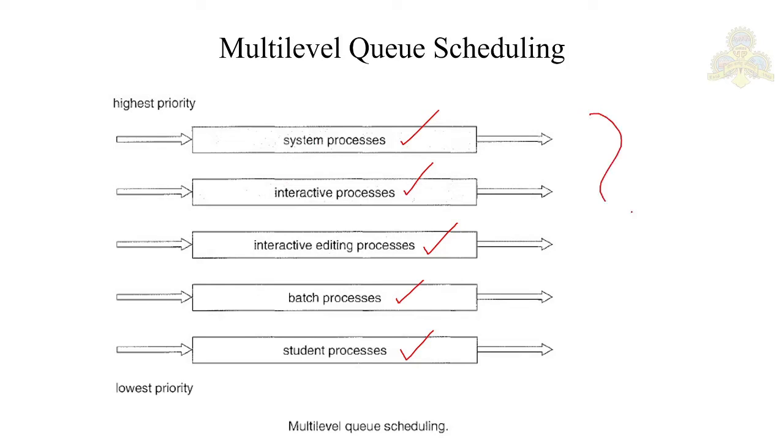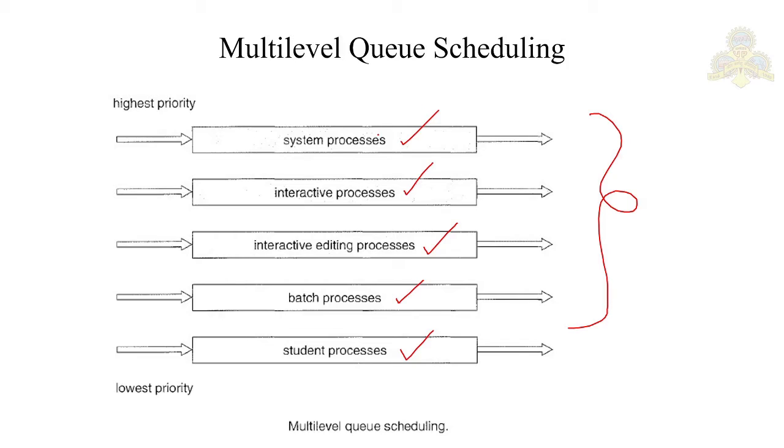Now all of these five different queues, whatever you can see here, are still present in a single ready queue. Okay, the ready queue contains five different queues, and these five different queues will have the processes which belong to them. The processes are permanently assigned to one queue, generally based on the property of the process. The property of the process, such as your memory size, process priority, or process type, decides which particular queue the process has to go in.